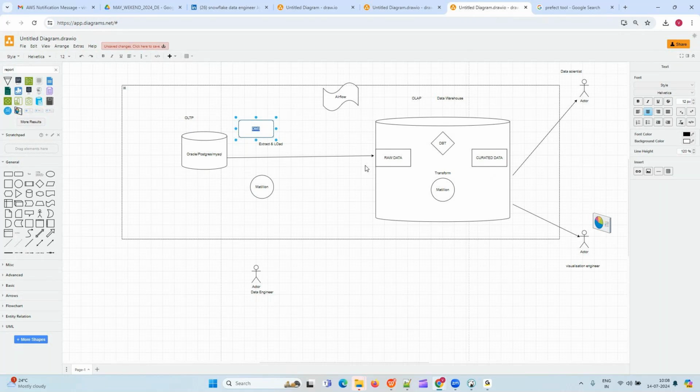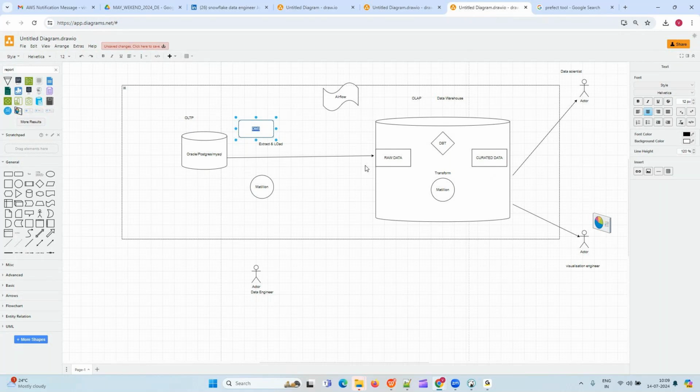Got it. So for DBT, core or cloud, it's not a matter. You can install core and try the commands. You just need to know the commands. DBT core is purely command driven, whereas DBT Cloud is UI driven. When you click on the UI button, in the background it runs the DBT core commands only. In DBT core you don't have full features; DBT Cloud offers scheduling features and more. If you learn one thing, learning the other is really easy, because both are the same product. DBT is one product, but they are offering it in two different ways.